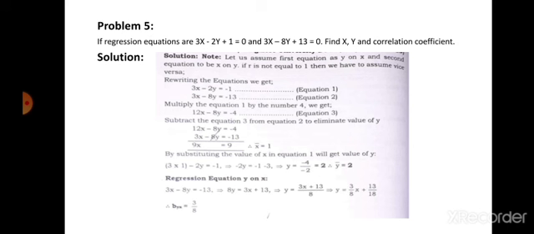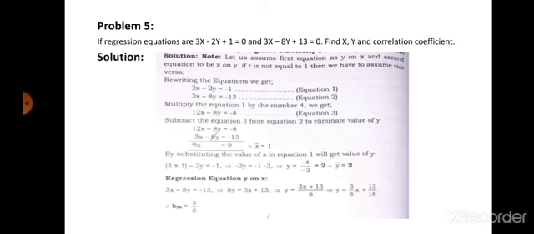Here is what I am telling you. If you take the first equation as x on y and the second equation as y on x, and if both the coefficients, bxy and byx, are more than 1, you have to change your decision. You have to change the x on y equation as y on x and the y on x equation as x on y. Then you will be getting the answer.